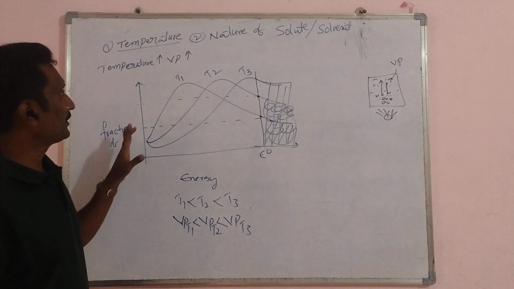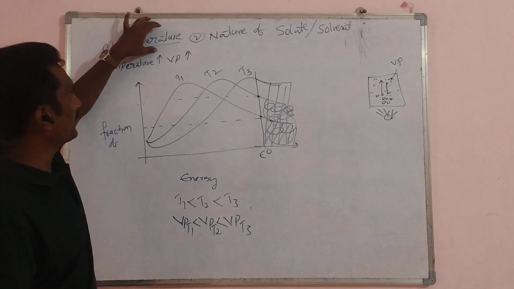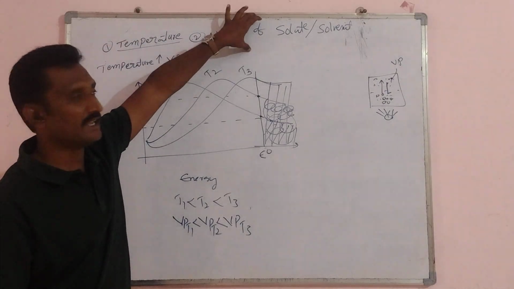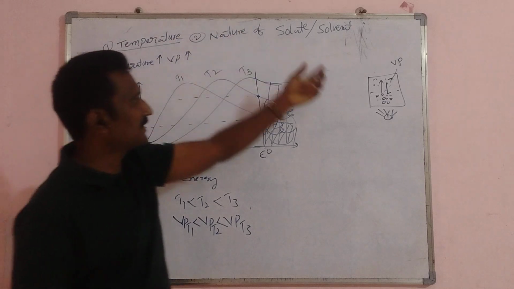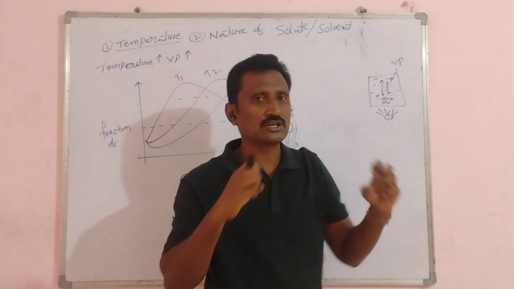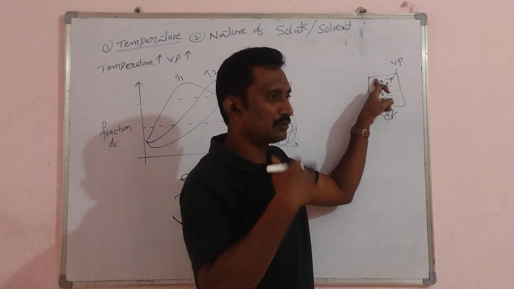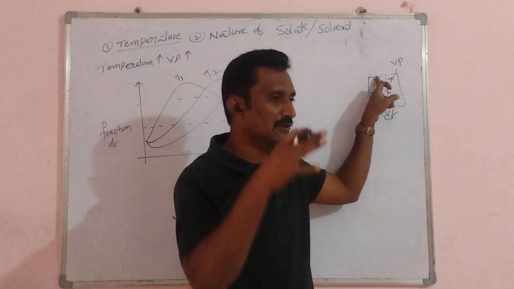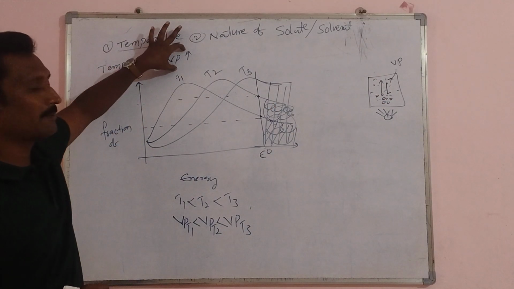जनरली वेपर प्रेशर पर दोनों फैक्टर्स का इफेक्ट होता है। एक है टेम्परेचर और दूसरा है नेचर ऑफ सॉल्यूट एंड सॉल्वेंट। पहले इफेक्टिव फैक्टर के अंदर जितना टेम्परेचर बढ़ाते जाएंगे, तो पार्टिकल्स के बीच में इंटरेक्शन फोर्स कम हो जाता है। जब इंटरेक्शन फोर्स कम होता है तो पार्टिकल्स वेपर्स होना शुरू होते हैं, और जब वेपर्स होते हैं तो ऑब्वियसली उनका प्रेशर भी बढ़ जाता है, मतलब टेम्परेचर को बढ़ाने से वेपर प्रेशर बढ़ता जाता है।